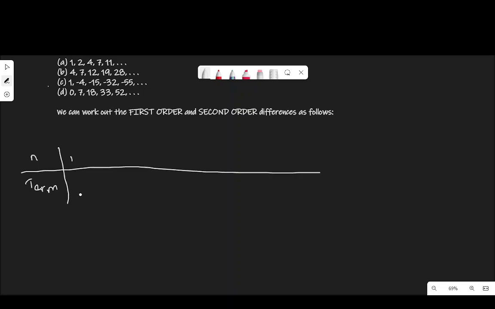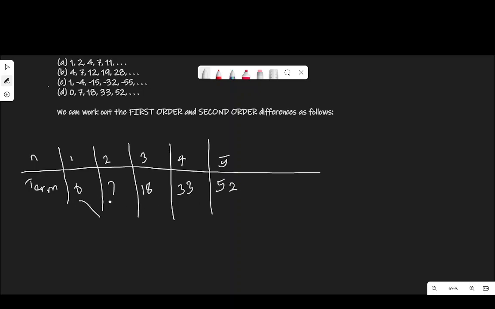When n is 1, the term there is 0, the term there is 7, the term is 18, the term is 33, the term is 52. Taking their first order differences,